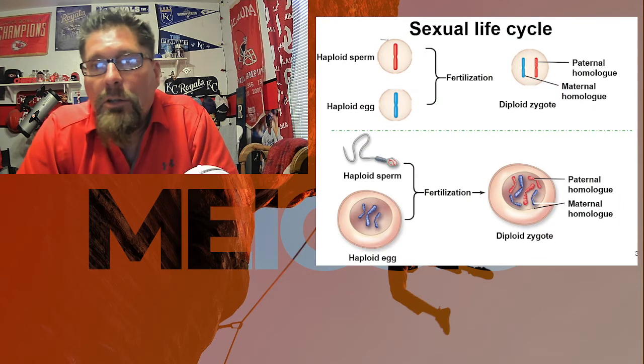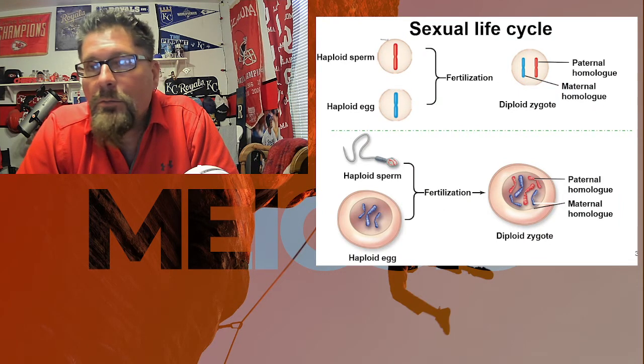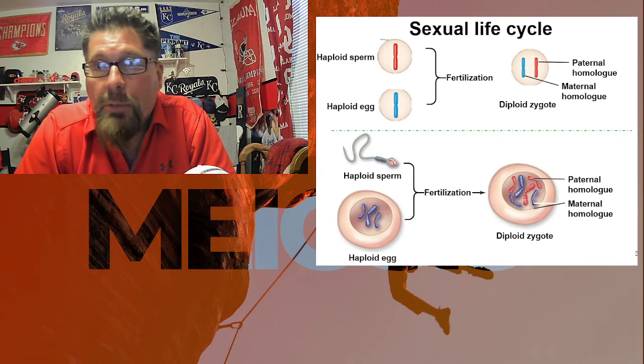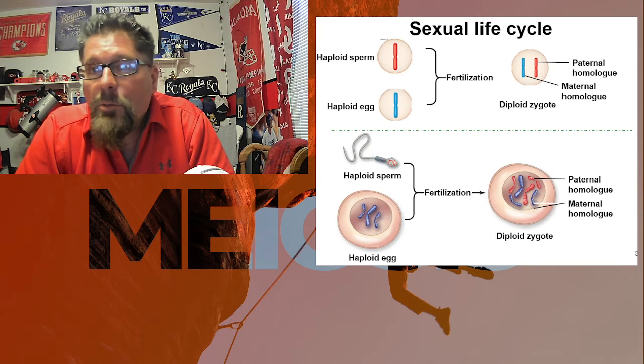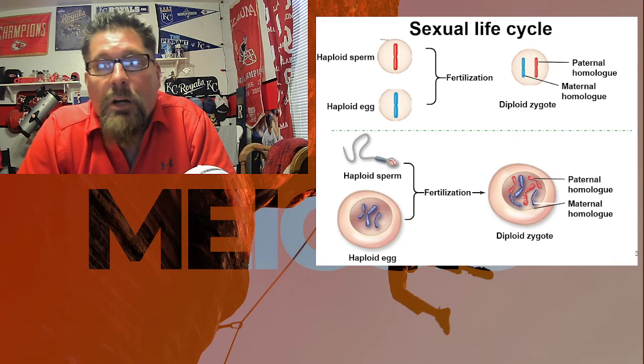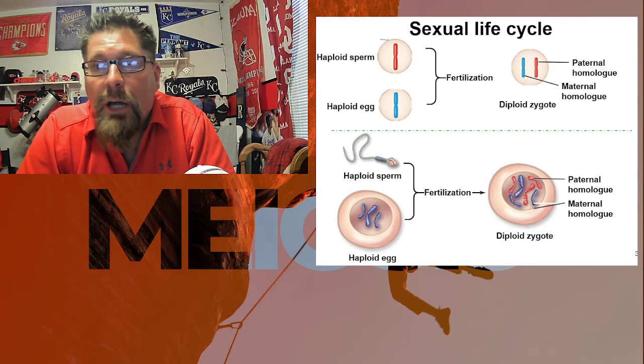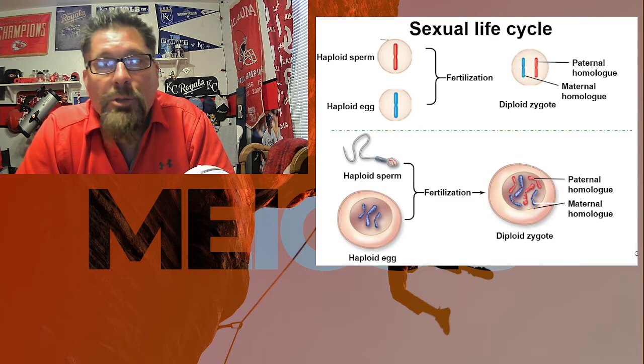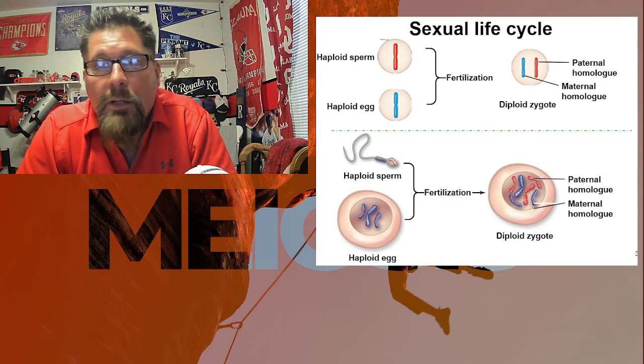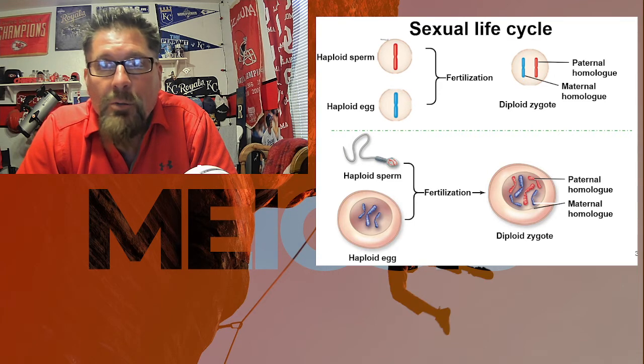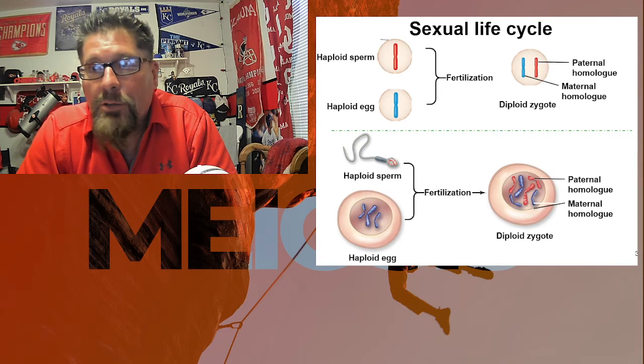Now here's just a diagram just to kind of summarize what we just talked about. We're talking about fertilization, we're talking about sperm and egg coming together, and you can see in the diagram beside me that the sperm has one set, the egg has one set, and when those two come together to make that zygote, the zygote is diploid. In other words, it has a set of chromosomes from both parents,